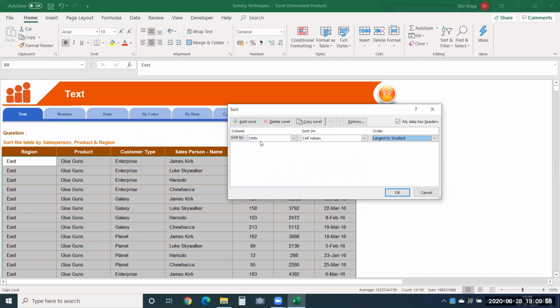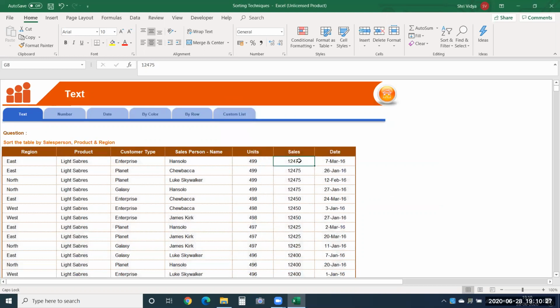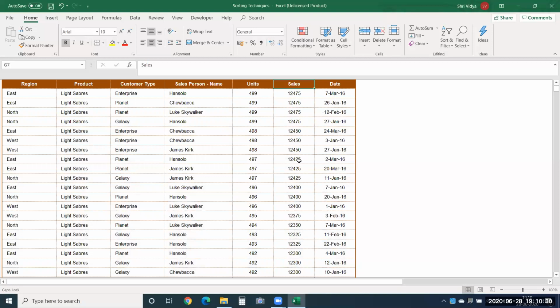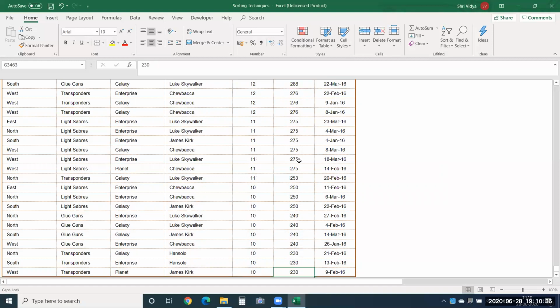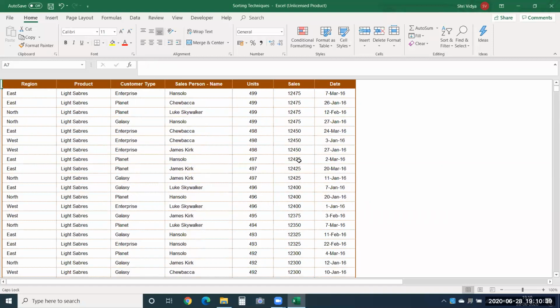Now, based on the column that you choose and what values present in that column, even the order will change. Previously, when I selected product, you saw Z to A. Now, if I choose sales or units, it will show me largest to smallest or smallest to largest. Now, whichever I want to, I'll provide that order here. I want to arrange it in descending order now. I'll say OK. Now it is arranged based on the sales column. The entire data is arranged based on the sales column over here. And it is arranged in descending order. You can see that.